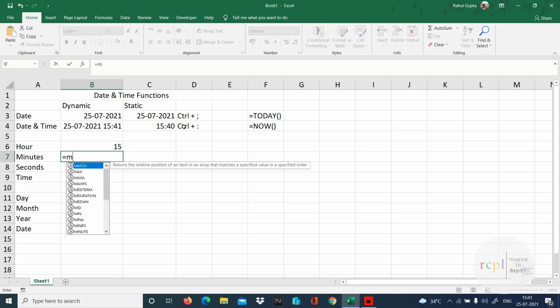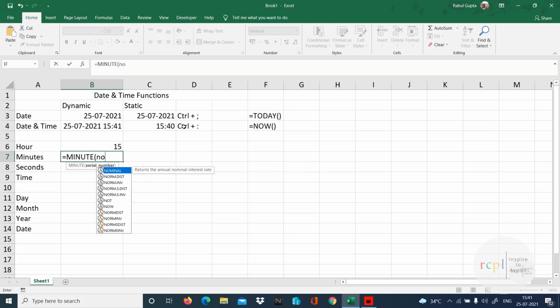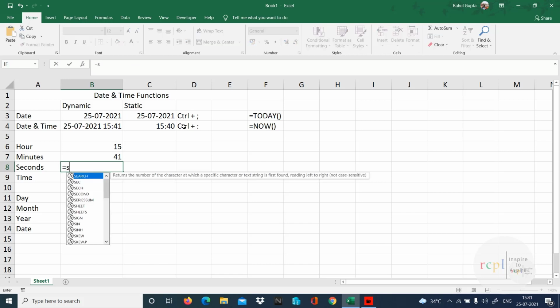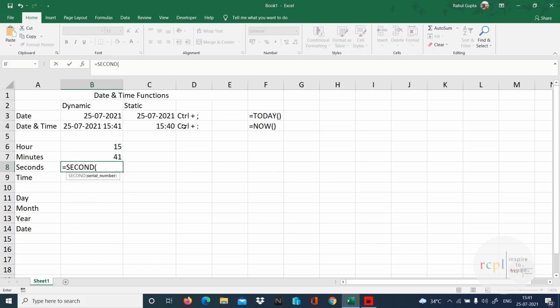For minute, I'll type MINUTE, and I can directly type the NOW function over here. That gives 41 minutes. Then SECOND, and I'll select the output. So I got 15 hours, 41 minutes, and 59 seconds.